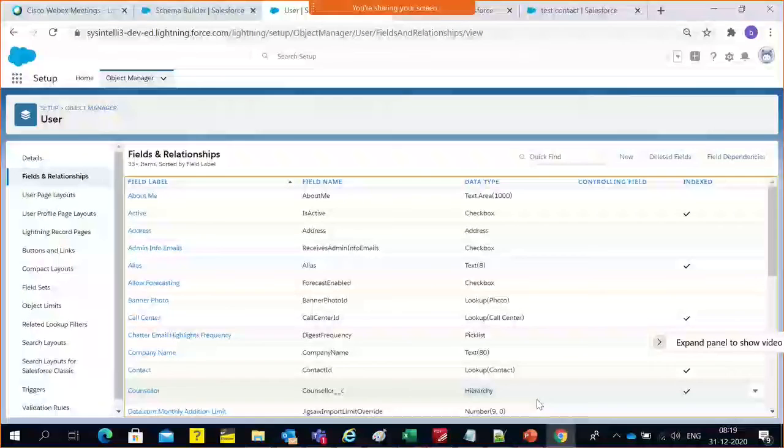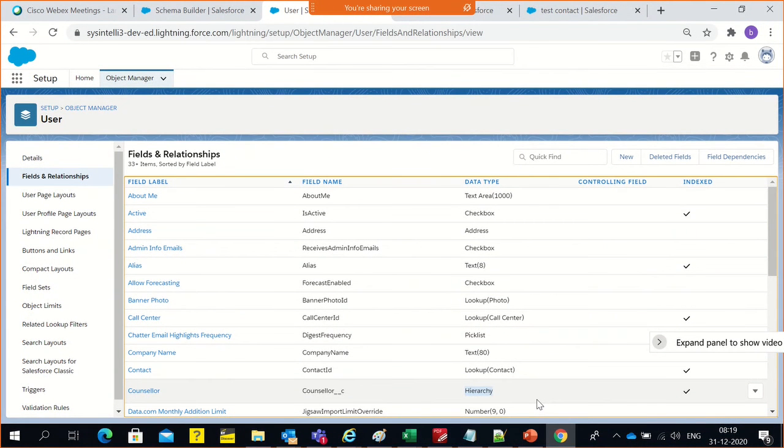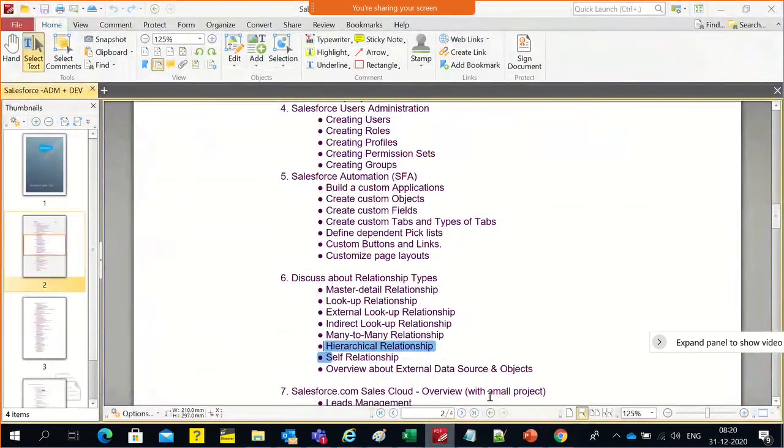It just all becomes like a hierarchy. Because every user record is holding a counselor, it just goes on like a hierarchical structure. Any questions, guys? Okay,